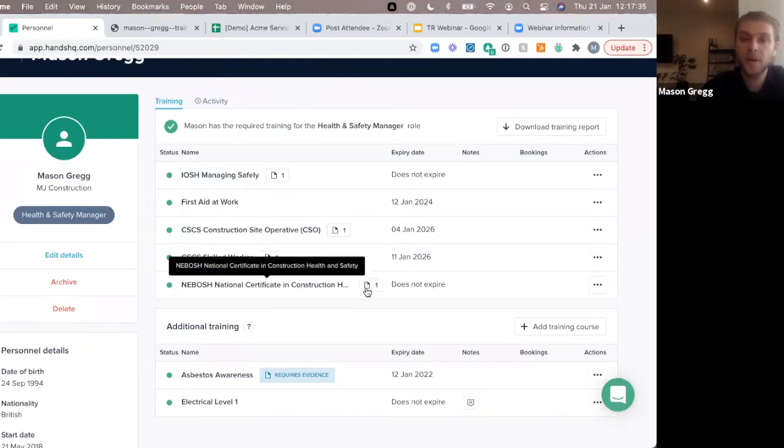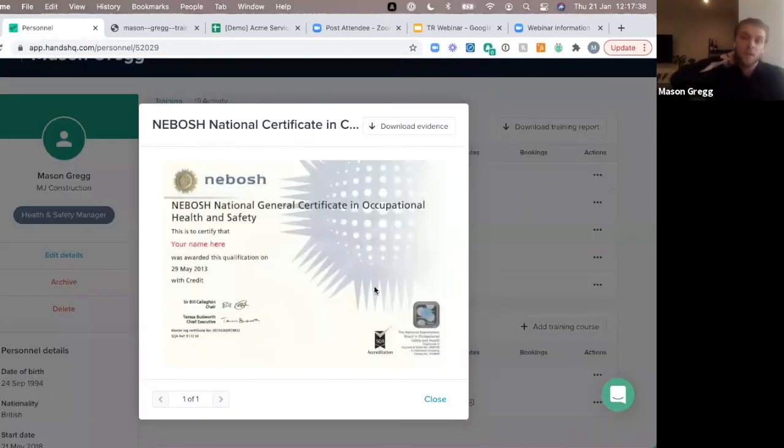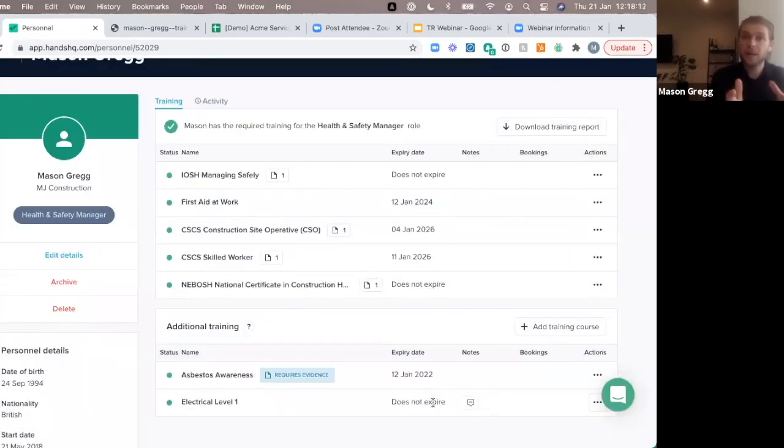So where we've got my NEBOSH, I can actually pull through my certificate. So we're able to keep all of those copies within the system, which is really handy because, speaking with quite a few of our clients, I heard a story before where a client asked for all of the operatives on site a full training report of all of their individuals, and they genuinely spent hours per individual trying to pull off all of the different information from different servers, different files, different emails, formatting it onto a Word document to then be able to send off. So what's great about being able to store all of this information in a profile is you've got